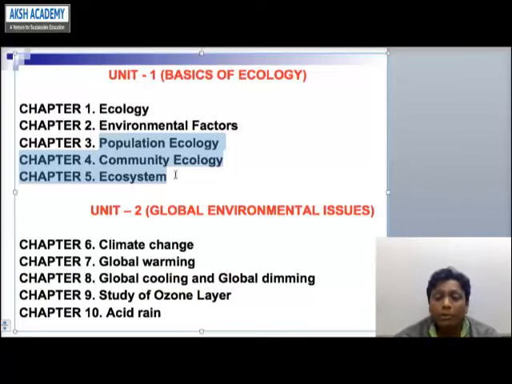Similarly, community ecology. What is succession? Sere, S-E-R-E. What is the meaning of sere? Different types of successions. Even ecotone, ecads, community development. If you go into the ecosystem, like productivity, food chain, food web, ecological pyramid. These kinds of topics, even productivity, speciation.